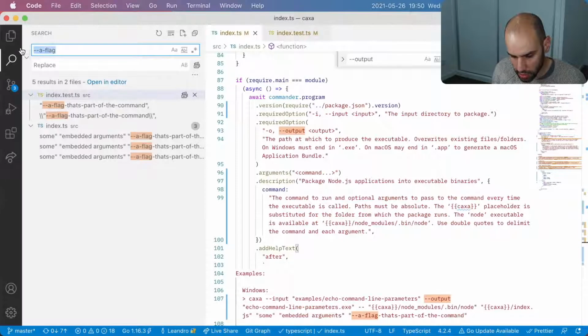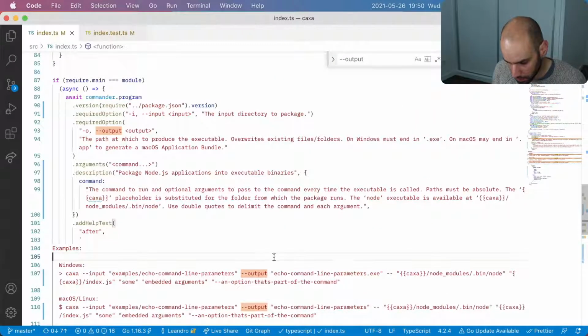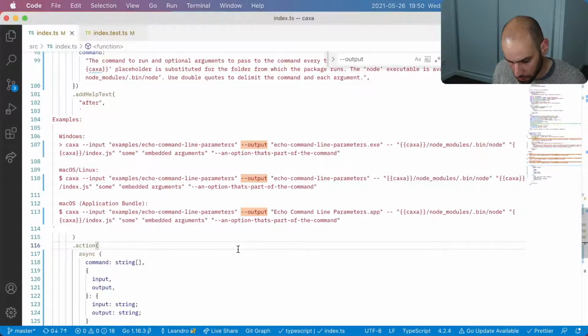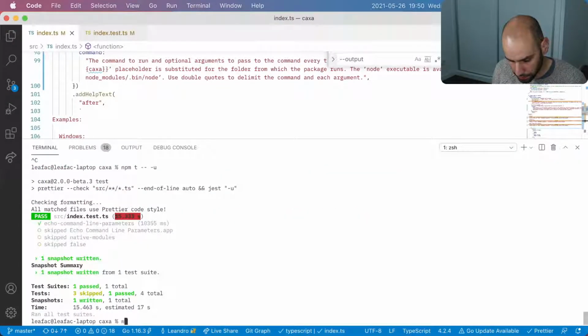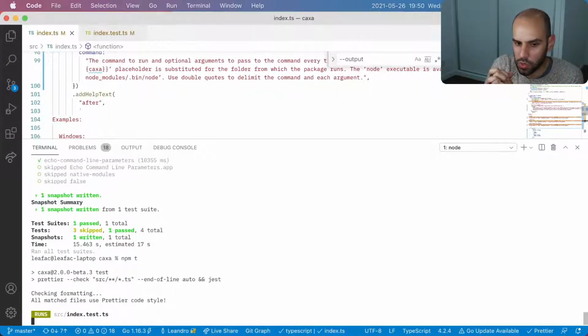Okay, so say that this is an option, and we do that both in the source as well as in the tests. An option that's part of the command. Okay, I'll run the tests again, and I expect this to pass, and then I will commit and maybe wrap this up.